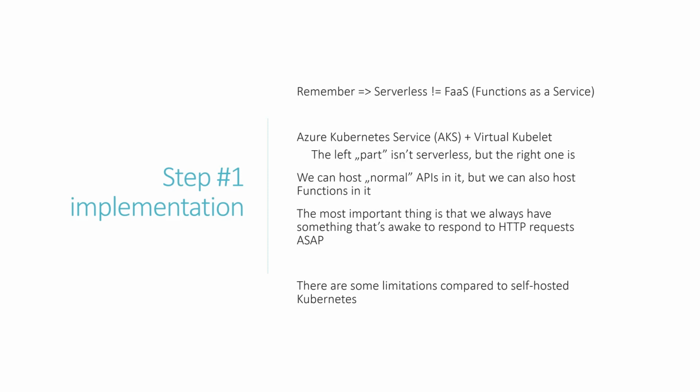Azure Kubernetes Service usually uses a number of virtual machines, and you can scale them from 1 to whatever. What virtual kubelet gives you are serverless containers from Azure Container Instances. The beauty of that combination is that when your Kubernetes service gets too many requests for the virtual machine, which is online already to handle, it will burst out to serverless infrastructure. And that's cool because